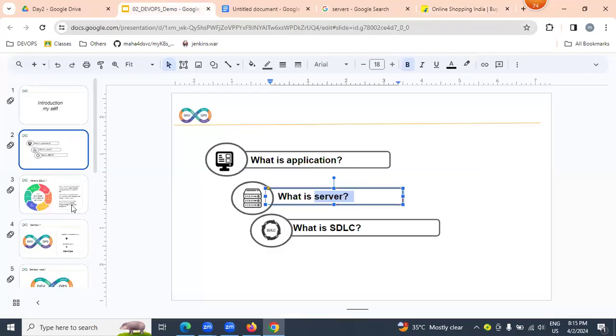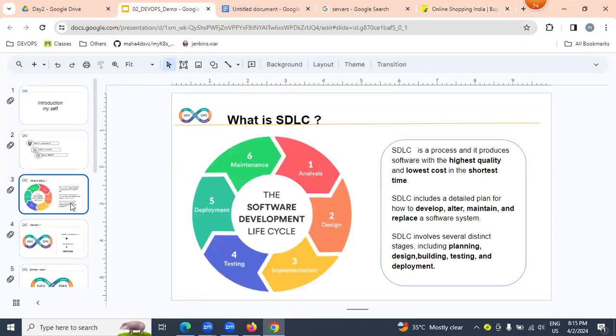What about SDLC? SDLC is the software development lifecycle. In SDLC, we have several stages and several phases, like analysis, design, implementation, testing, deploy, and maintenance.